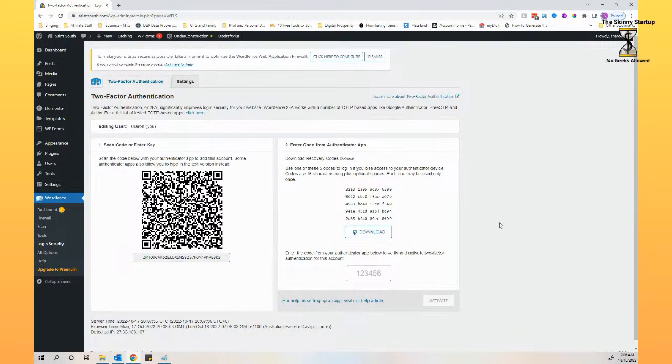People are going to try what they call a brute force attack on it, and they're going to go to that URL that we talked about up here, and then they're just going to try the generic admin login, which is what we changed ours on the setup last week. And then they're going to just try and continually get a bot to try different passwords until they break into your website. So with two-factor authentication, what that allows us to do is to log in, but as soon as